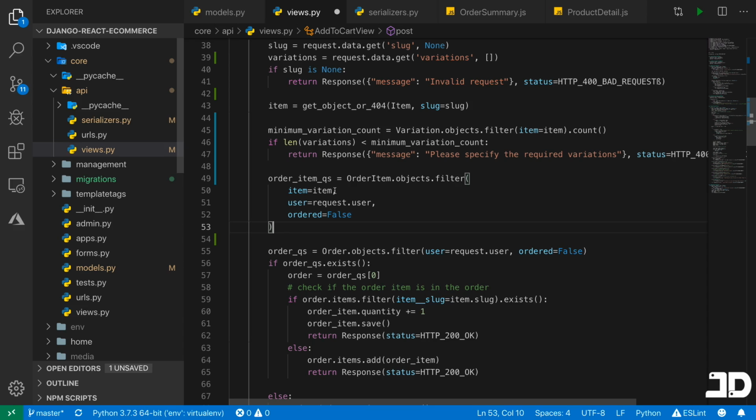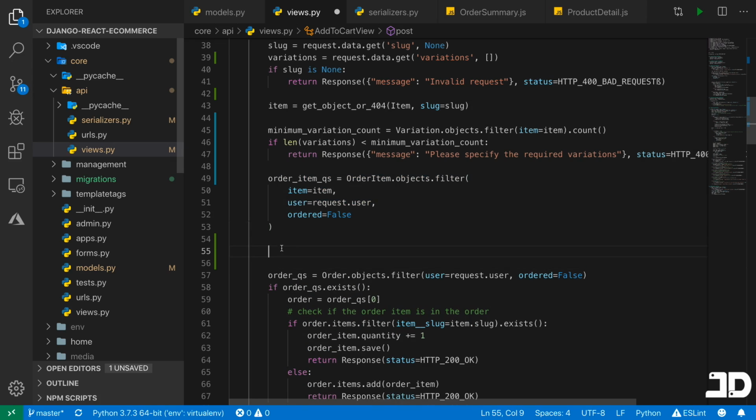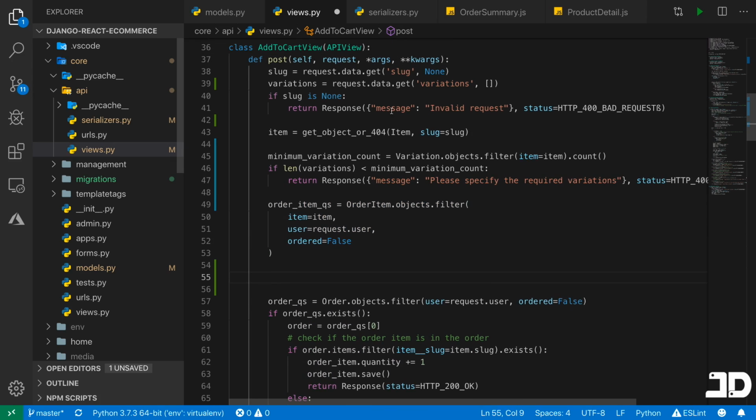If it's not, and it's, let's say, red and medium, then we have to add a completely new order item. So this is the first step in our query set. Then we're going to need to filter the many-to-many field, which is the item variations. So for every variation that we add in here, which is going to be the primary keys of those item